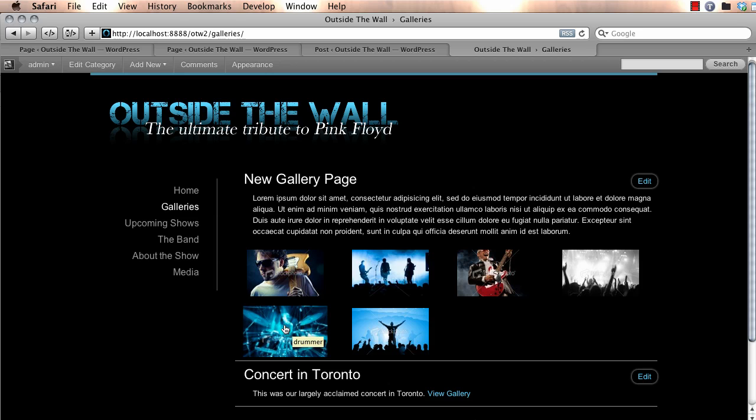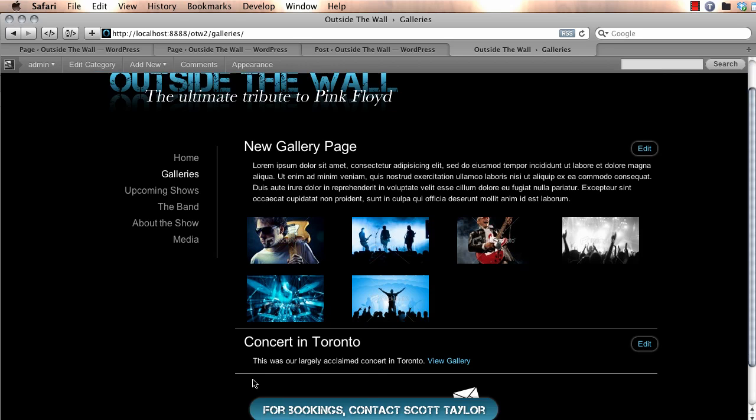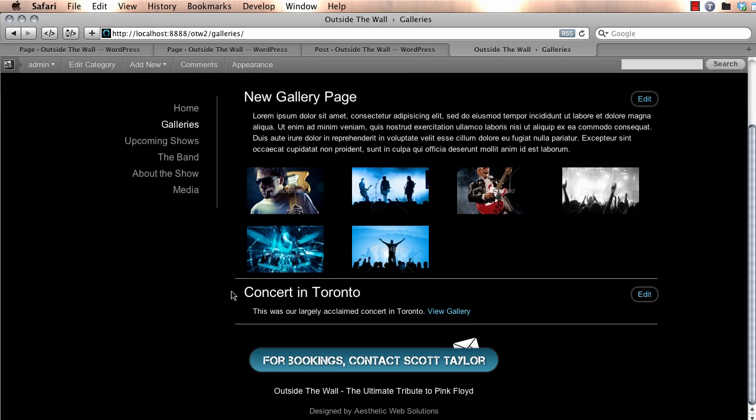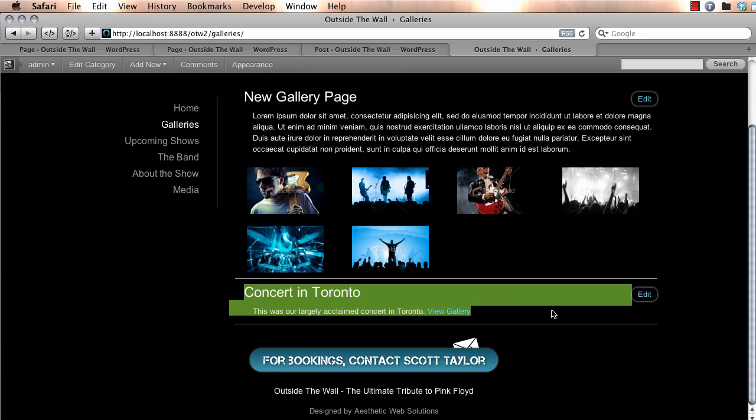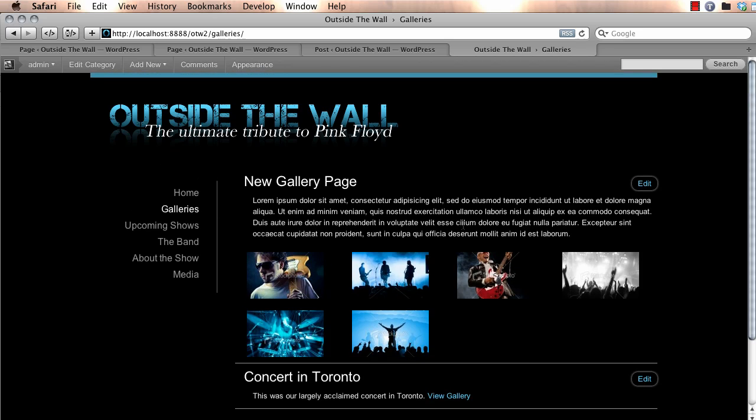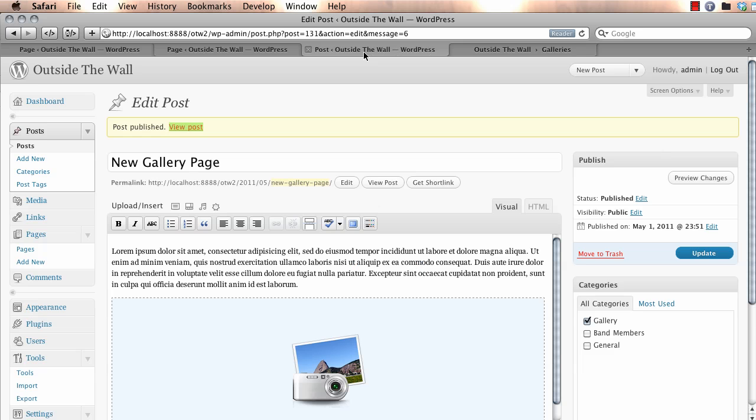You can choose to have your galleries displayed like that if you want to, but if you want to display them more like this, more like a search result, like this area right here, all you have to do is split the content. And what I mean by that is basically you're gonna go back into the page itself, you're gonna place your cursor right after the introduction,